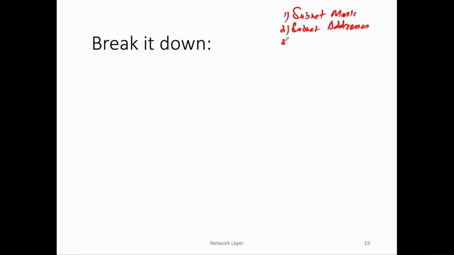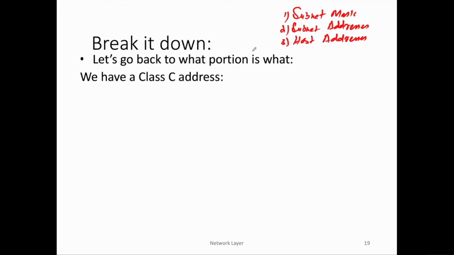And then the third step would be to assign host addresses. So first we'll calculate the subnet mask, but let us see what the situation is in class